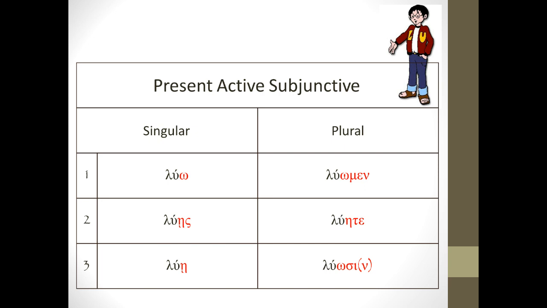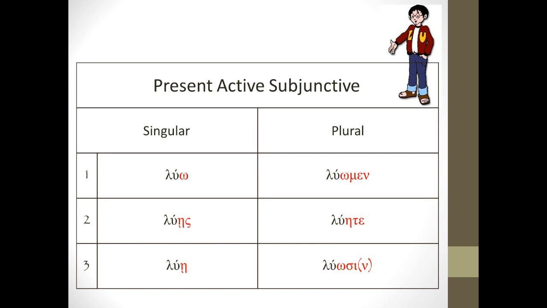Again, the red flag word will immediately precede this 9 times out of 10, which will then tell you that you are dealing with a subjunctive, and so these rather unusual looking endings that you see on these verbs will make sense to you. Therefore, you should have some comfort that although the first person singular of luo looks exactly the same way that it does in the present active indicative as it does in the present active subjunctive, the preceding of a red flag word will help you to know that.